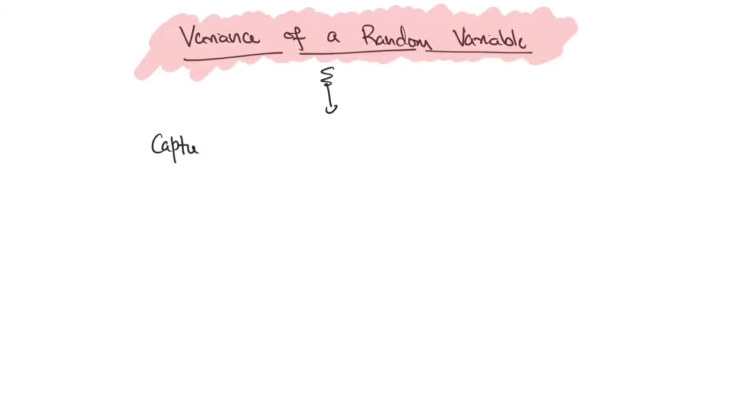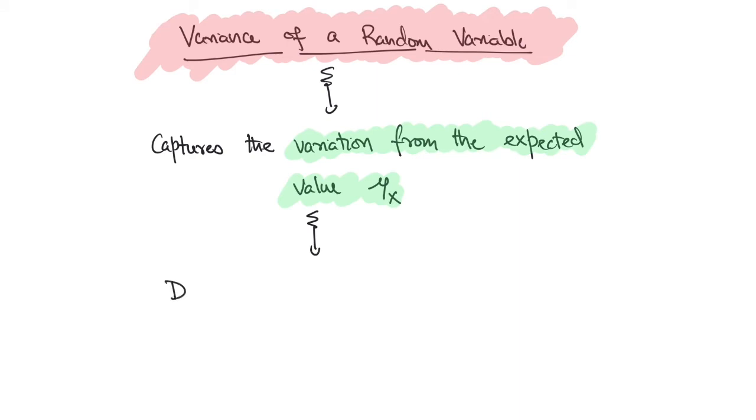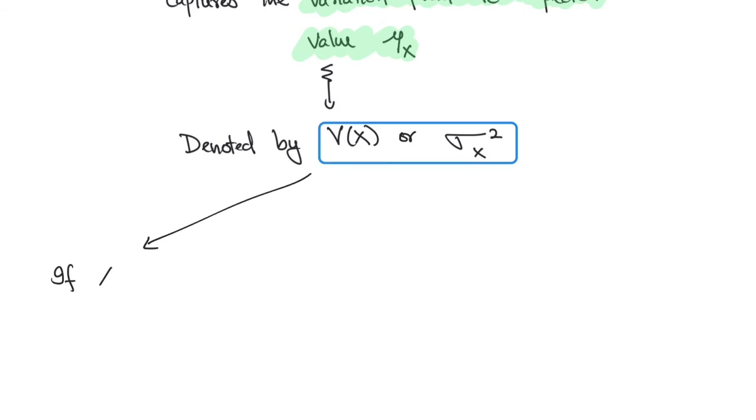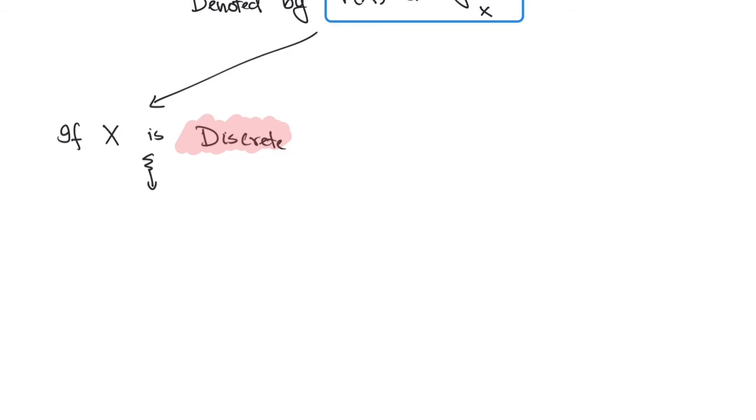The variance captures the variation of the random variable from its expected value mu of x. The variance is typically denoted by V of x or sigma x squared. The x specifies the random variable. In the case when x is discrete, the variance is calculated as the expected value of x minus mu x